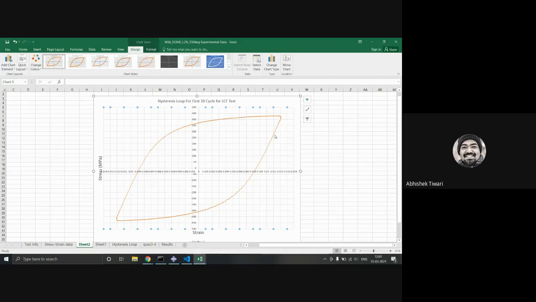So this stress strain hysteresis loop is coming from the extensometer collection. I believe this is engineering stress strain.